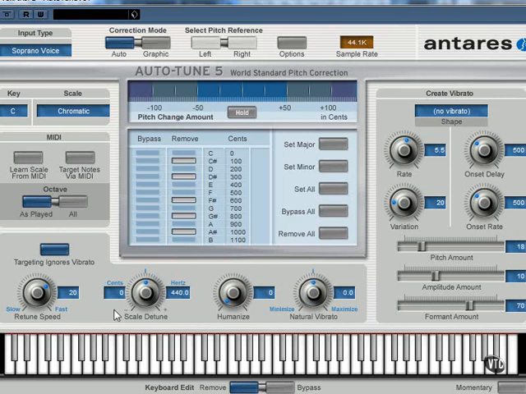One of the downsides about having a fast retune is it sounds more artificial. So you can have auto-tune look ahead, if you will, and decide to work quickly on fast notes and a little bit slower on the longer notes. This is where the humanize function comes into play. And then you have control over the natural vibrato. You can choose to reduce or enhance this. If I try a slightly extreme setting,